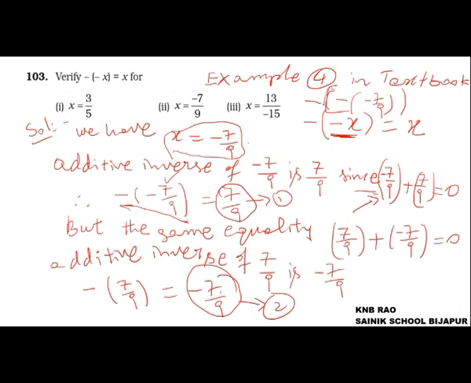So here I have written that minus of x gives minus of minus x equal to this one, the second equation, minus 7 by 9, nothing but x. So we could prove it this way. The rest, the first and third, you can do on your own. Otherwise, watch example number 7 in the textbook. You'll get the same clarity.